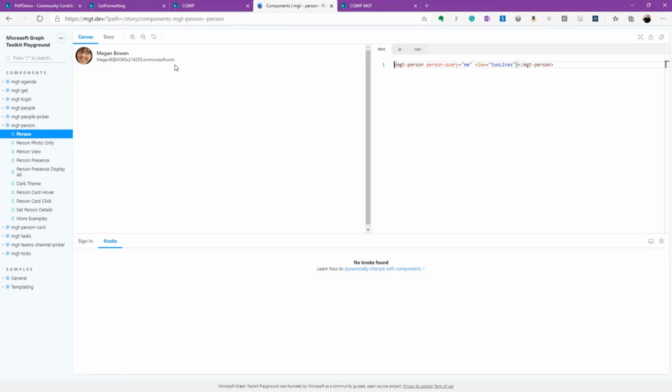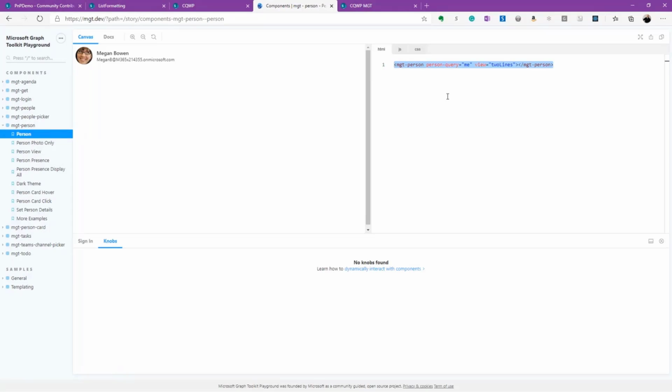Here, this automatically provides sample information. But obviously, if you sign in and put it in your environment, it will show your actual information. Exactly. Thank you, David. Now, on the right side of that window, you can see the HTML code that you'd have to put in your web part or your solution if you wanted to display what you see